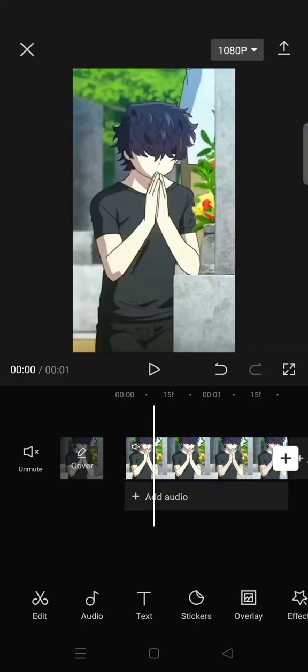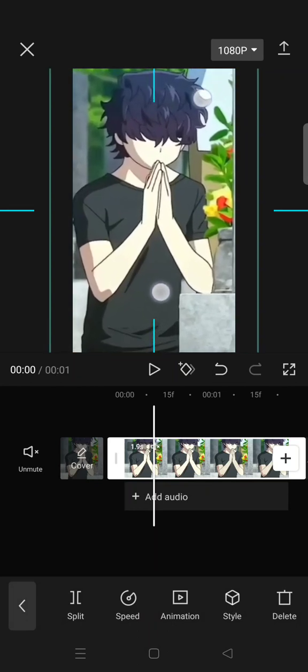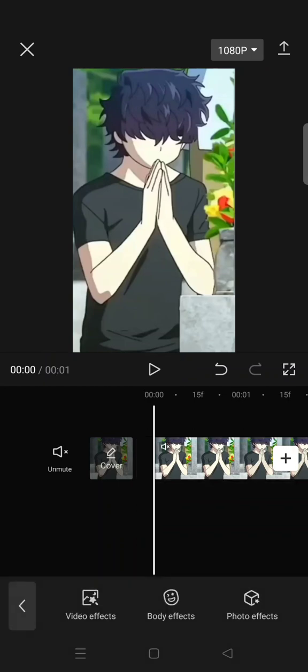So in this video I'm gonna show you how you can create rotate shakes with blur effect on Capcut. So here you just need to add your clip and then zoom the video in like this, and then after that go to the video effects,